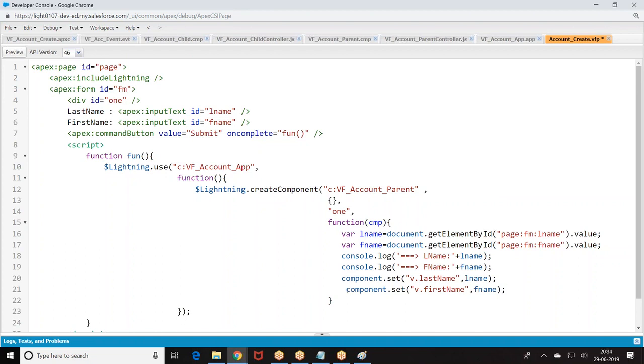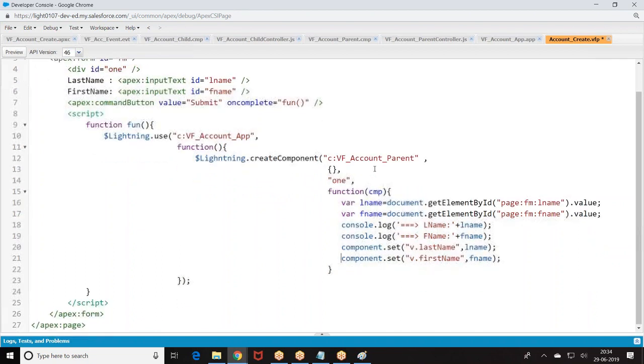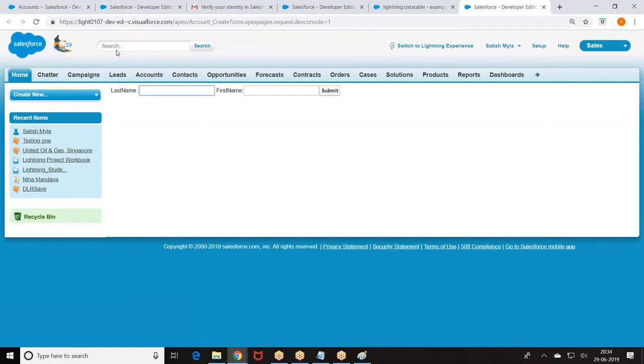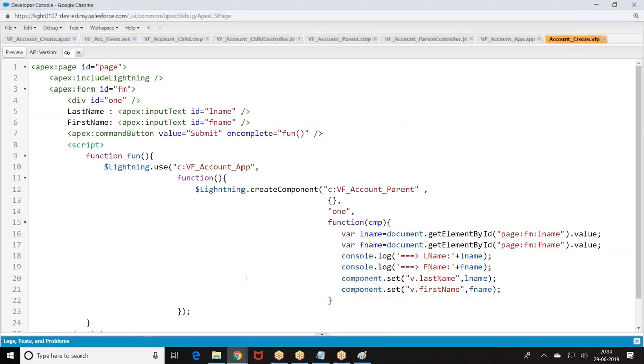This is how I have done. So look at the structure. We are invoking a component from the VF page. Last name, first name, your VF component is not included.